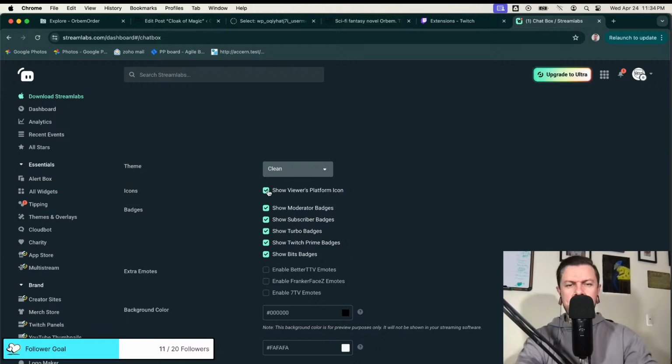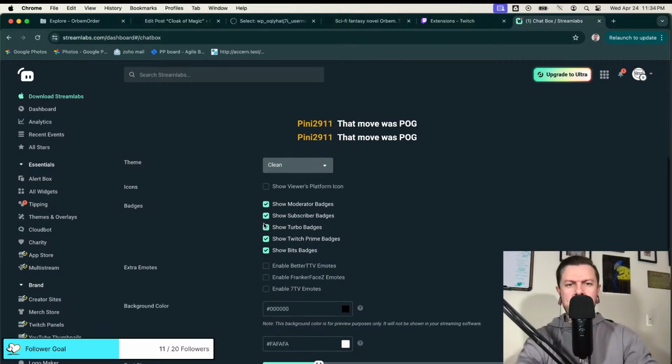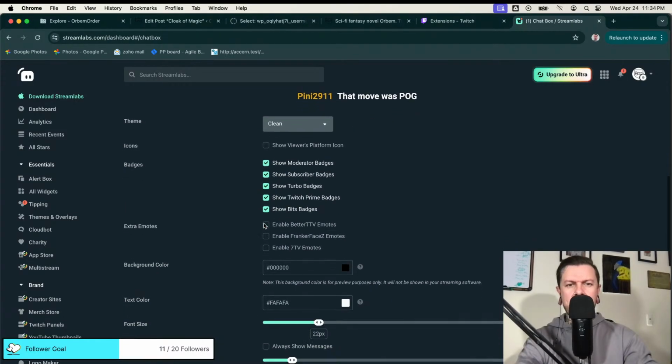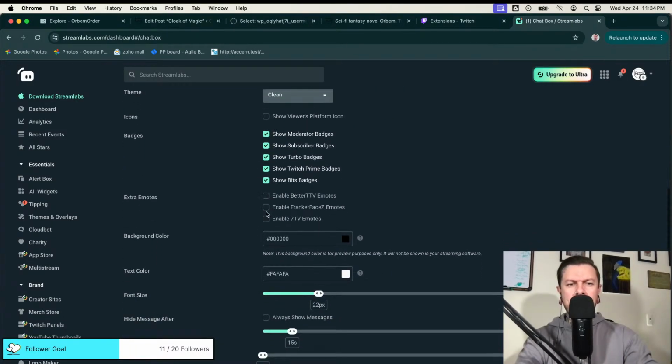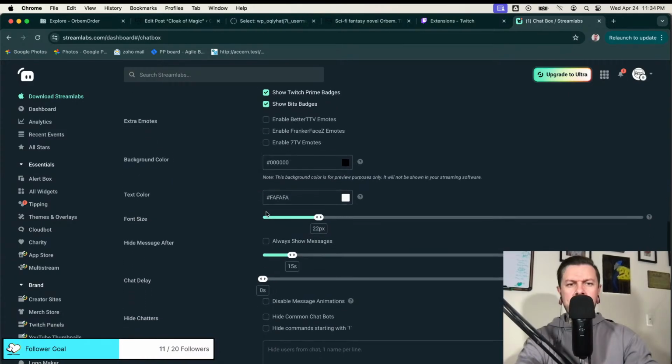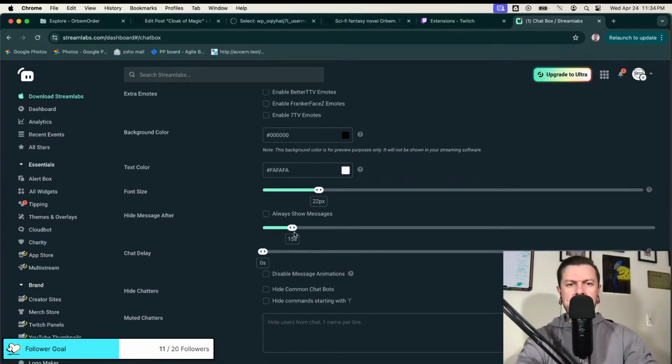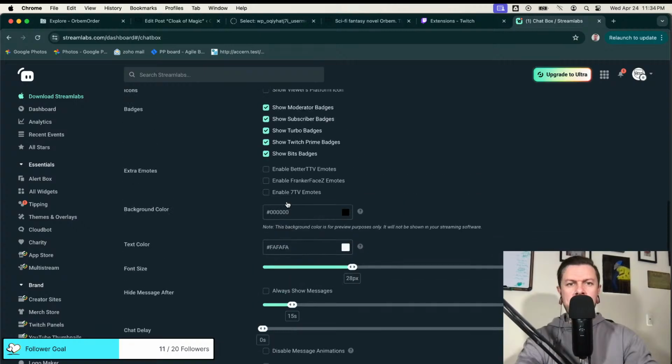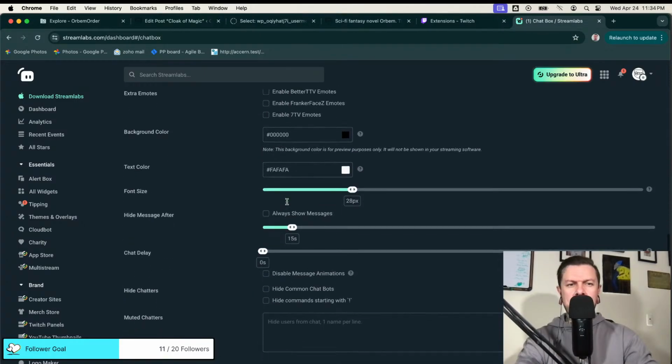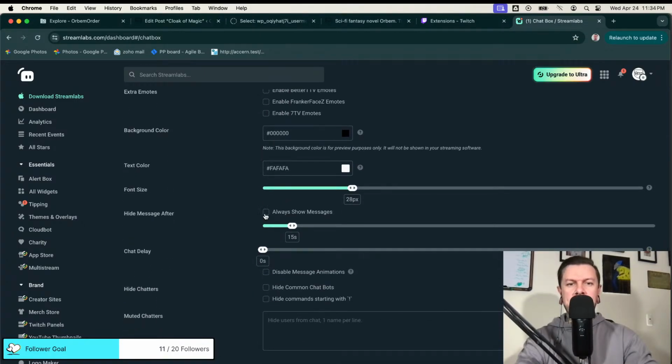Show viewers platform icon. Is that cool? Do people care about that? Nah. And then show moderator badge, subscriber badge, turbo. Okay, whatever. Enable emotes. No. Background color. No. Font size. Probably a little bigger. And then hide message after. Yes. Oh, it's 15 seconds.